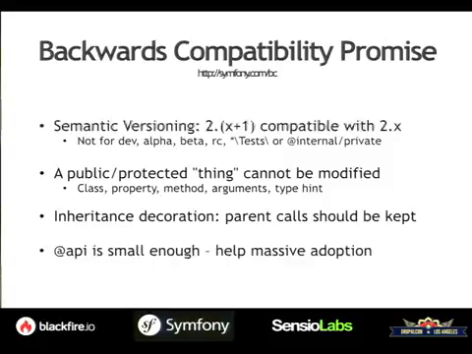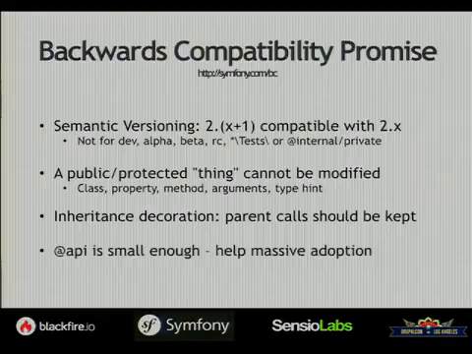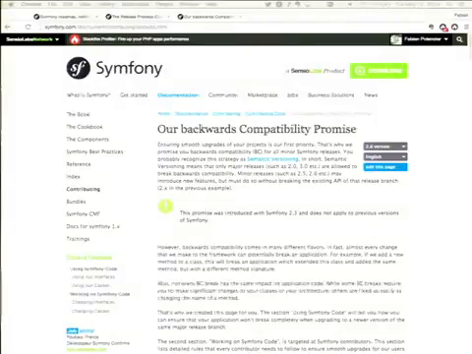Even for protected methods, for instance, we need to be sure that we keep inheritance working the right way, which means that even if we deprecate a protected method, we still need to call it. If you override a class with a protected method and you rely on this specific behavior, we need to keep it. So it can be a bit complex. Let me show you a quick example here.